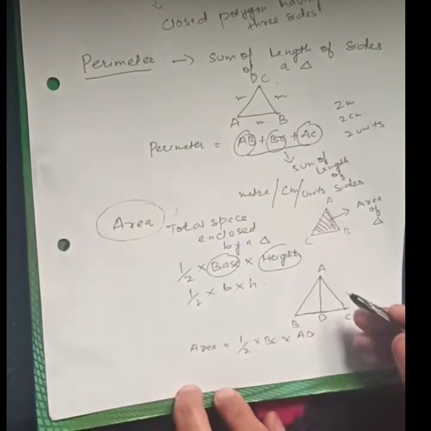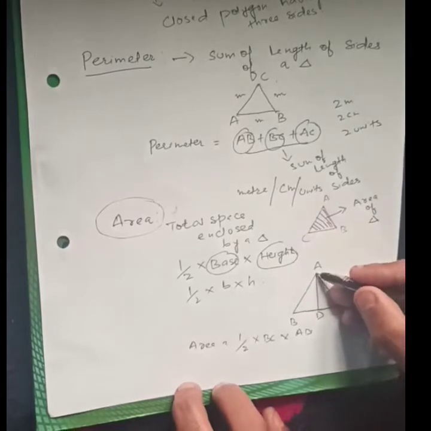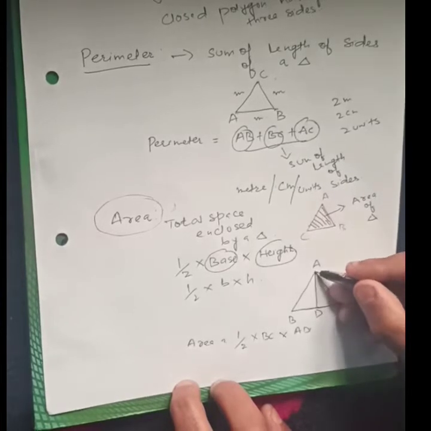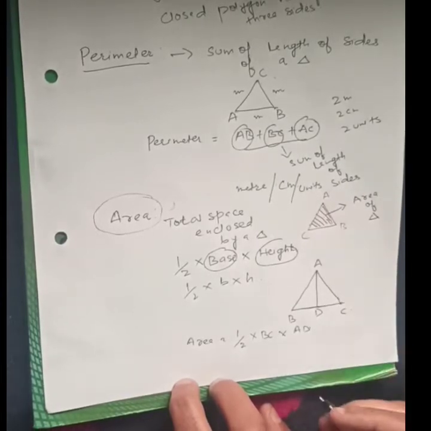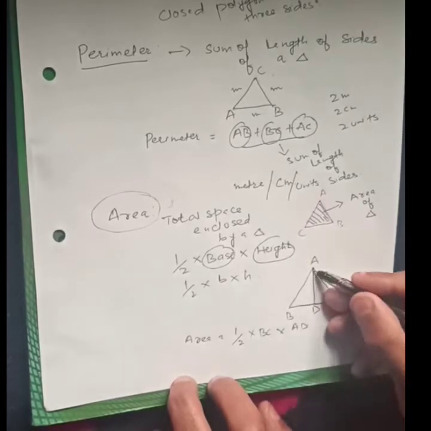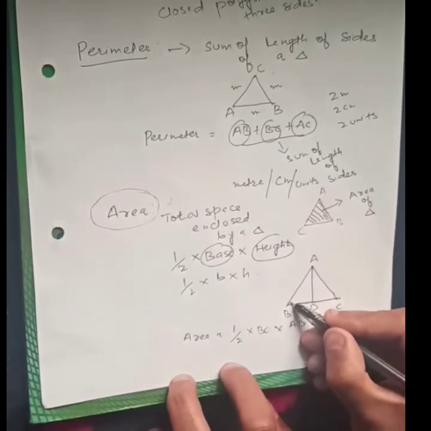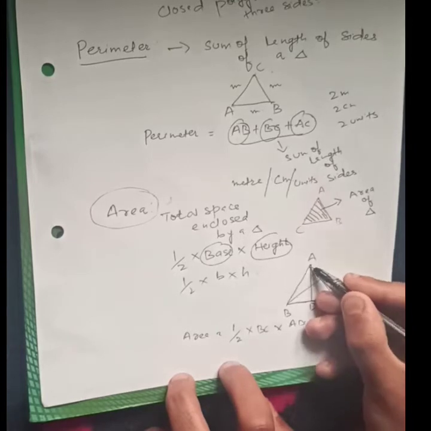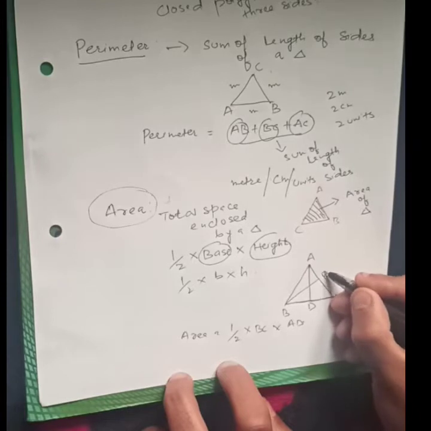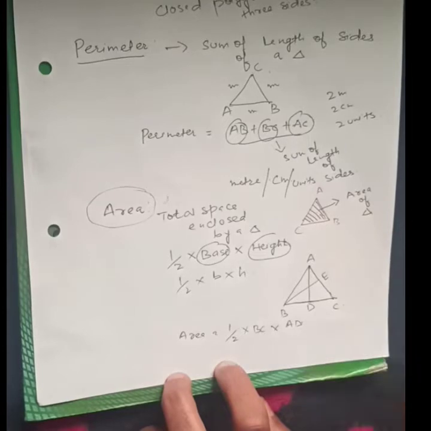Now if we take another side as base, let us suppose take AC as base now. So AC is base. What will be its height? Draw a perpendicular on this AC from opposite vertex. Here opposite vertex of side AC is B. So draw perpendicular from B on this base AC. Name it as E. So BE will become the height on the base AC.